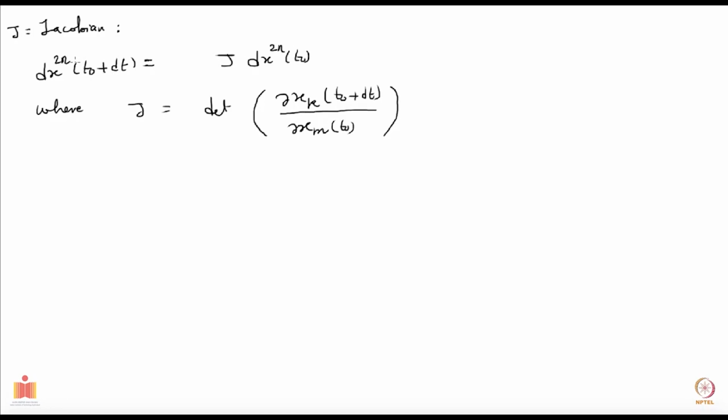So now the task is to evaluate that Jacobian. The moment I know the Jacobian, I know the answer. And I will have to just integrate over that entire region to generate the volume. Right now these are differential elements of the volume. So let me do that. Let me try to evaluate the Jacobian,